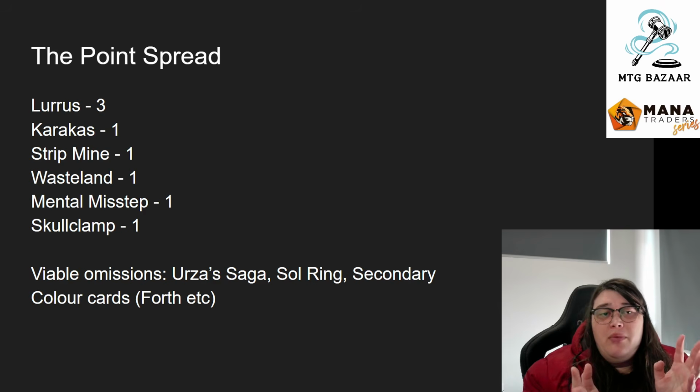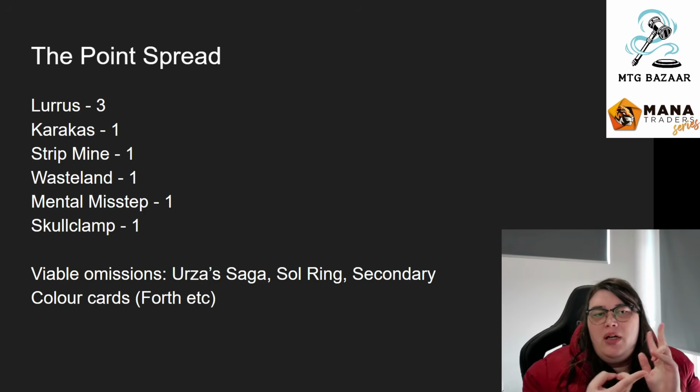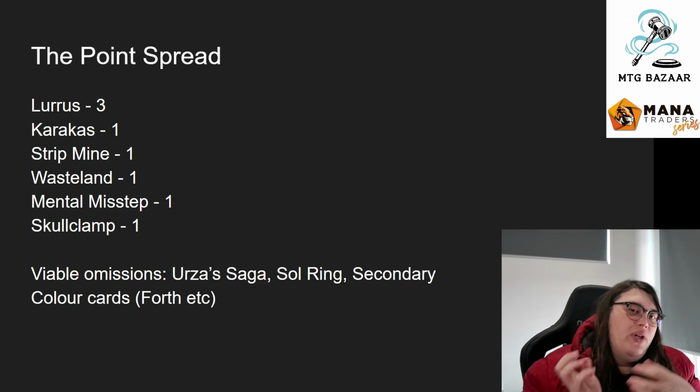So because we're playing a budget deck, it's pretty easy to play 8 points, and this gives us Lurrus for 3, Karakas, Strip Mine, and Wasteland for 1 each, Mental Misstep, and Skull Clamp. Karakas, Strip Mine, and Wasteland are all in the $10 to $15 budget range, but having your points in your mana